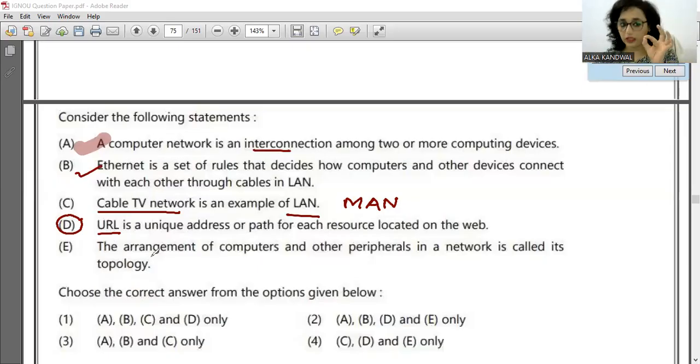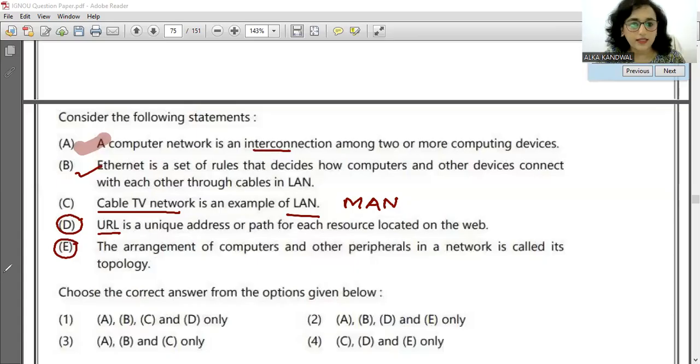The arrangement of computers and other peripherals in a network is called its topology. That is absolutely correct. And this topic I was telling कि इसको भी डिटेल में लेना है. इसमें अलग अलग टोपोलॉजी है. एक ऐसा क्वेश्चन डेटा एंट्री ऑपरेटर में भी आया था. इन टोपोलॉजी हमारे पास बस टोपोलॉजी है, स्टार टोपोलॉजी है और रिंग टोपोलॉजी है. इनके बारे में डिटेल में भी पढ़ना एक बार जरूरी है. So within 2-3 days I will be coming up with that topic. That is very important. Fine.